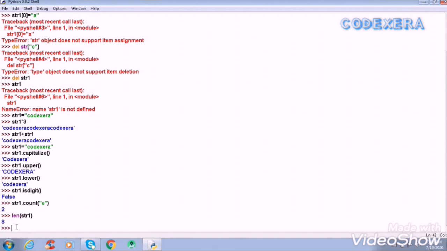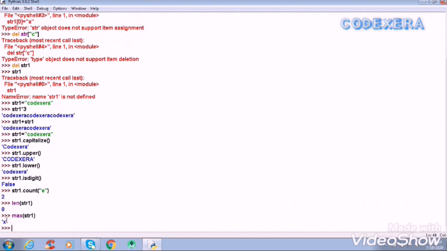What if you want to see which is the maximum letter in a string and which is the minimum letter? It will arrange them in alphabetical order. I will show you how we can do that. We use max, and in max we put the string name.